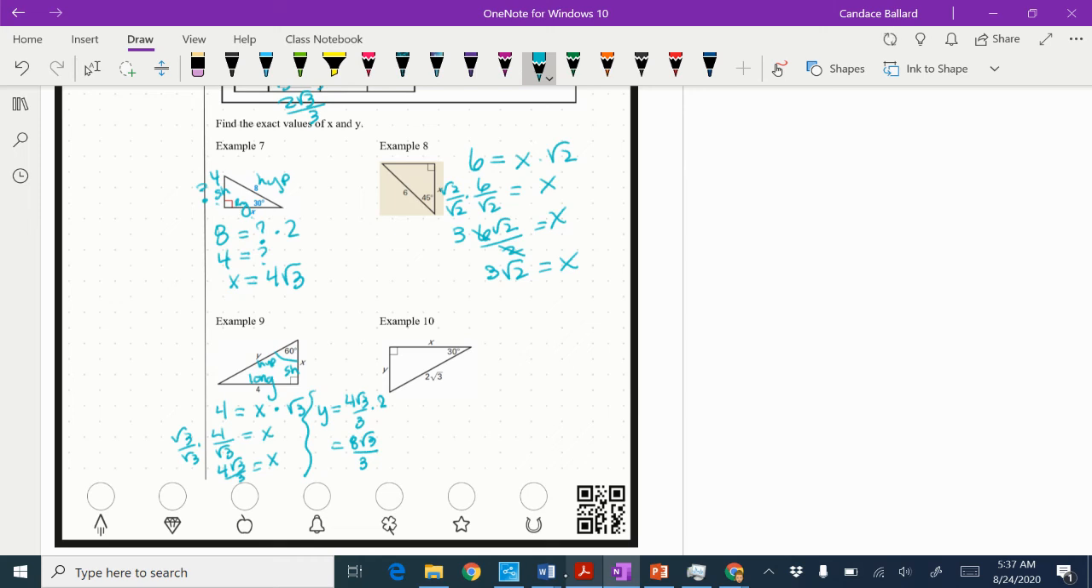Okay. One more here. So the across from the 30 is the short, and then this would be across from the 60, so that's the long, and this is the hypotenuse. So I'm given the hypotenuse, I'm going to start there. The hypotenuse equals the short y times square root of 3. And how nice is this? I'm just going to divide that over, look at what happens. They get to cancel, so I know that my short leg is just 2. Then I know my long leg,